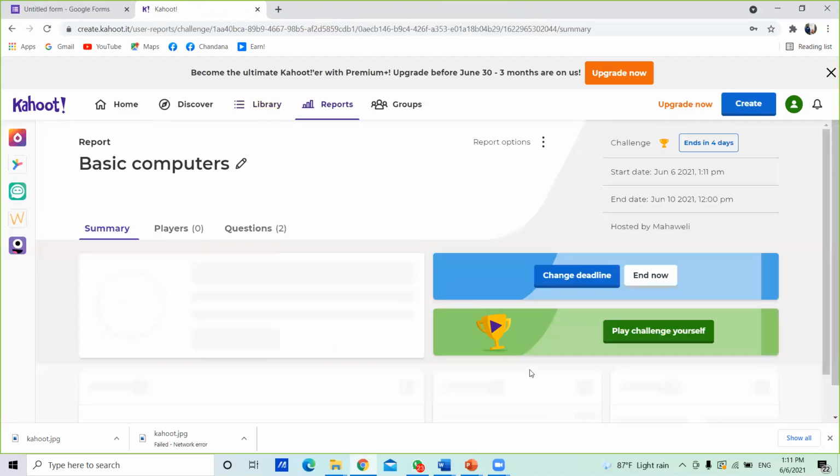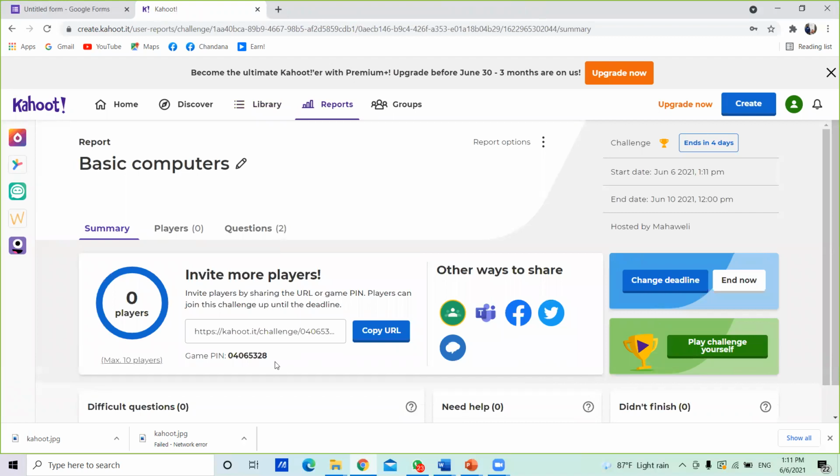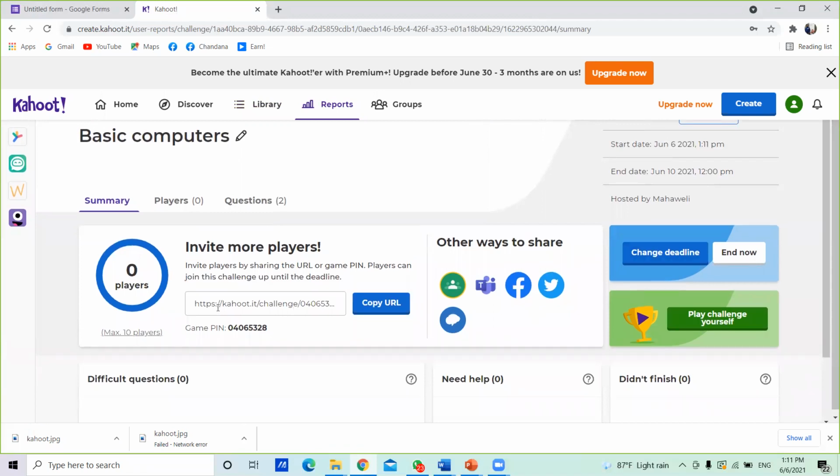Once you click the create button, your screen looks like that. Right. Then once you create, it will generate a link. You can see here, this is the link generated by Kahoot. You have to copy this link and paste it into the particular groups, that means the places or persons where you want to play this game. Suppose, for example, you have a WhatsApp group of your class students. Then you can paste this link to that WhatsApp group. Then students can click on this link and play the game.